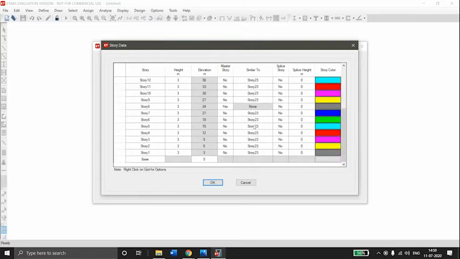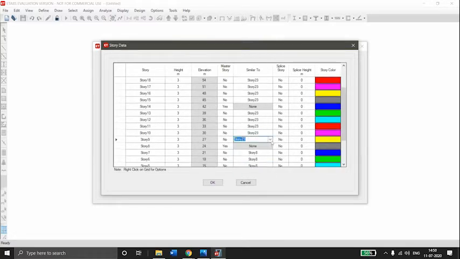So now we have to select the similar stories. We will put story 8 in all these options as 1 to 8 are similar stories. Here we will select story 14 as the similar story, as 9 to 14 are the similar stories.